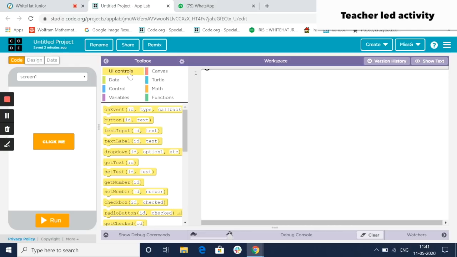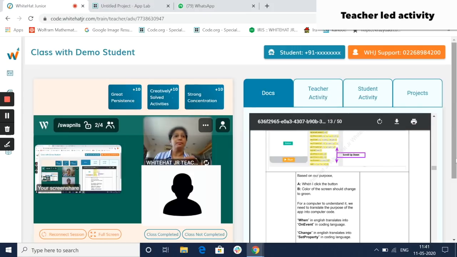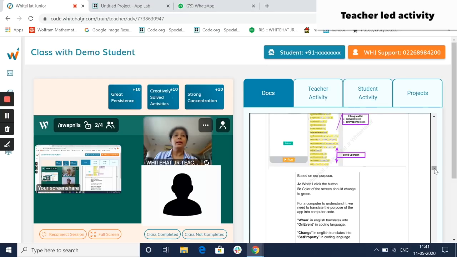Now let us analyze our code and the purpose. We said on click of this button, we will change the color of the screen. For the same, let us understand something. So analyzing the purpose, when I click the button, color of the screen should change.